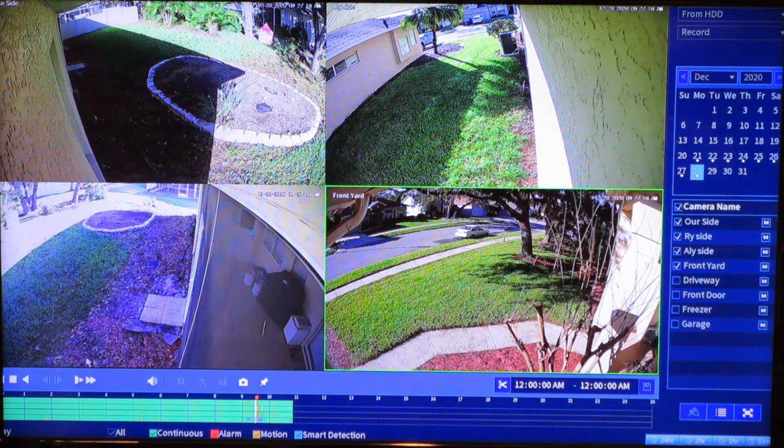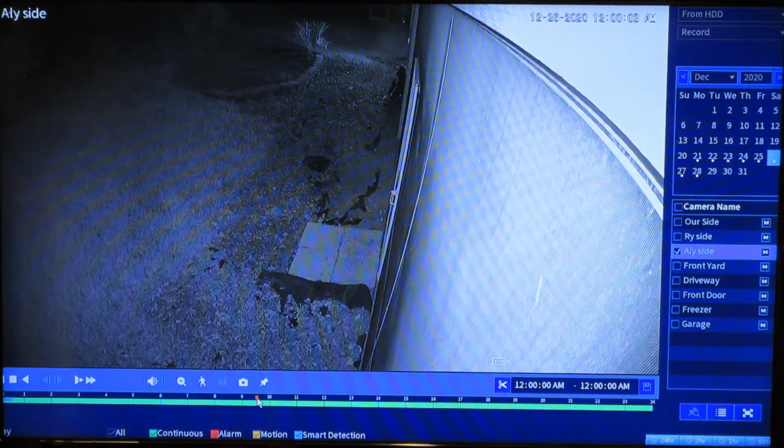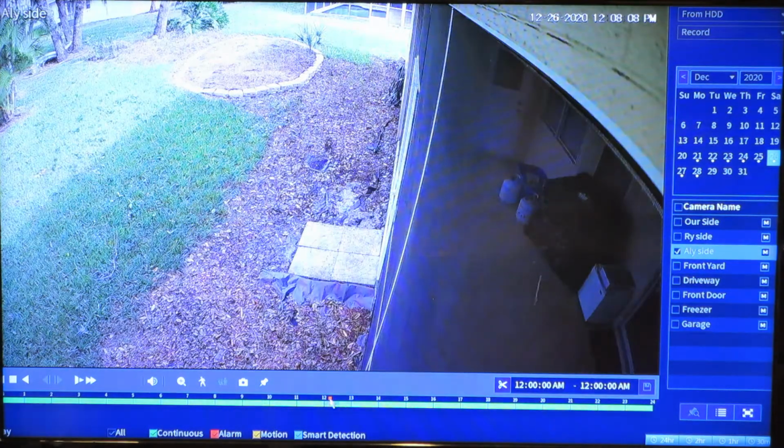And to change it to a different camera, you actually have to physically stop the playback. Then you could select a camera, and you could also change the date at that time too, like yesterday or the day before. And then you start playing it, and as soon as you start playing it, that's when you can move the cursor and see different times of the day. And you could cut out a section and save it to a USB stick. So that's how you would do that.